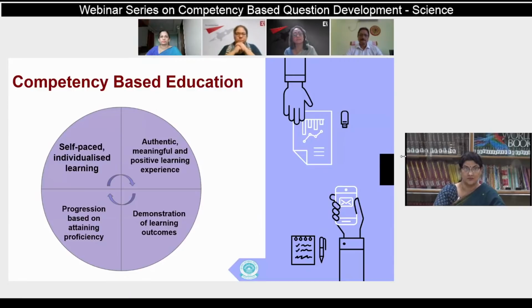So whatever curriculum outcomes are considered important, it is critical that each and every learner should demonstrate an achievement of those LOs. Progression is based on the proficiency of attaining those objectives and not on time. Besides that, self-paced and individualized learning is a core principle. That means a teacher has to design her learning strategies and her pedagogy to the diversity of the classroom. So your approach should include multiple strategies which would be apt for different types of learners.